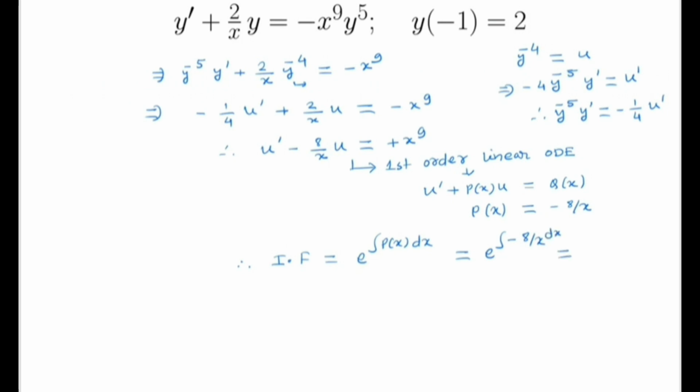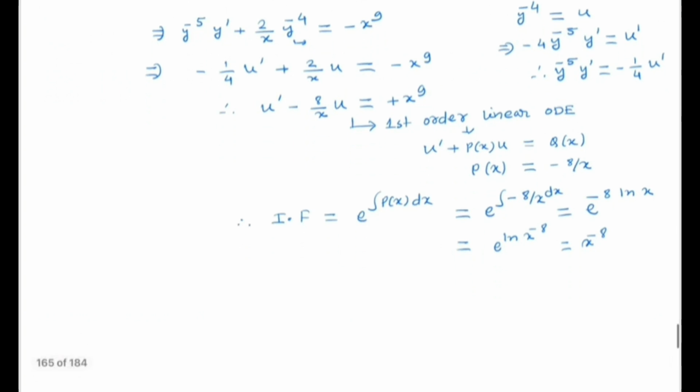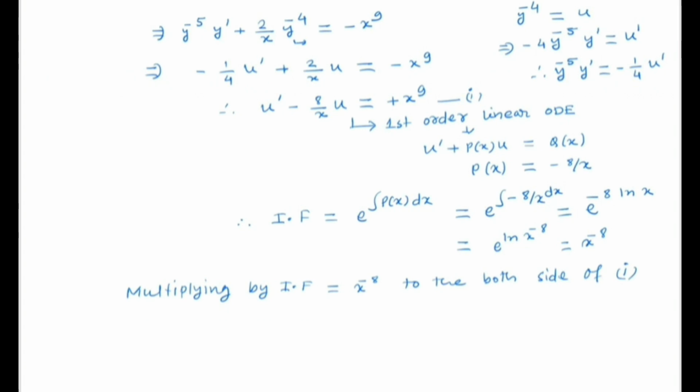So by doing the integration, we have e to the power minus 8 ln x, and minus 8 ln x we can write as ln x to the power minus 8, which is nothing but x to the power minus 8. Now multiplying the integrating factor x to the power minus 8 to both sides of this equation number 1, we get